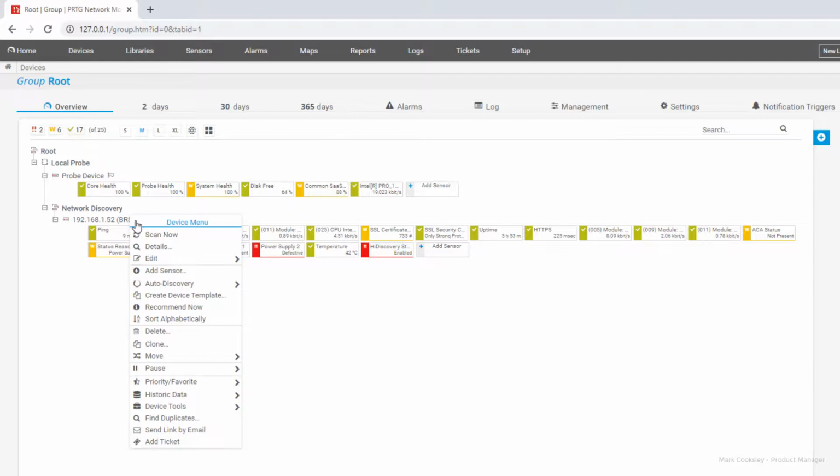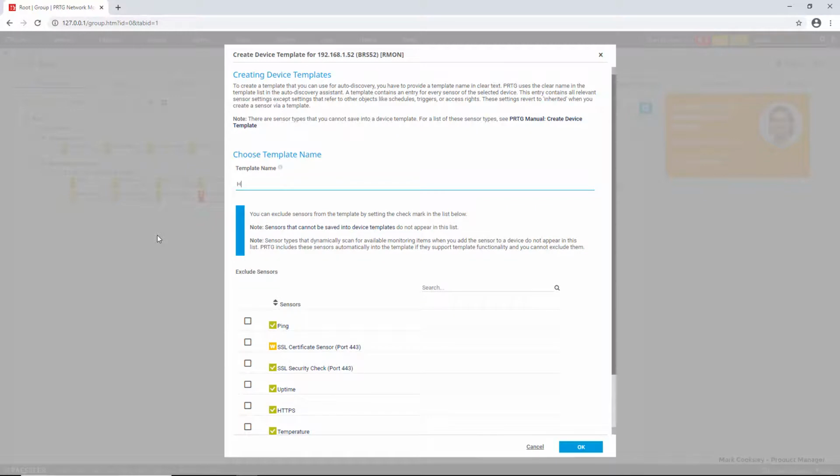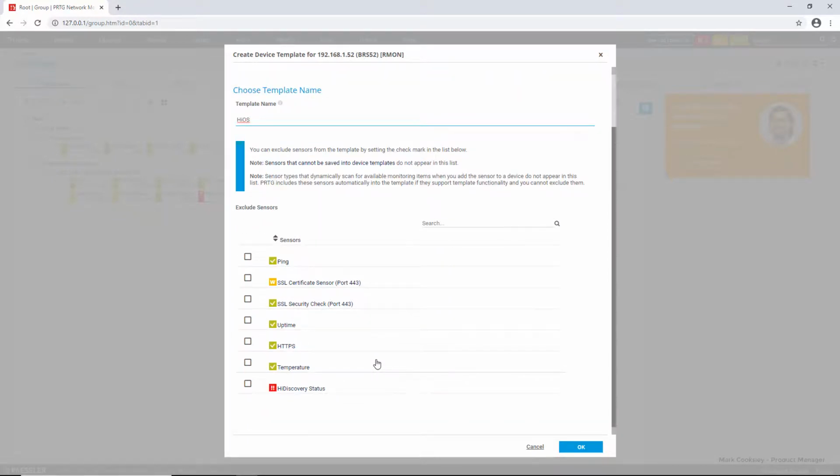I'm happy with the information made available for the BRS switch, so I will use this switch as a basis to create a template for all HiOS devices. I do not want to exclude any sensors, so I'll just click OK.